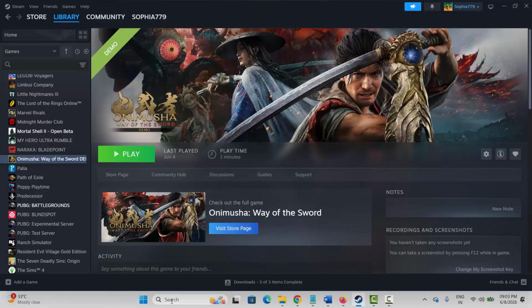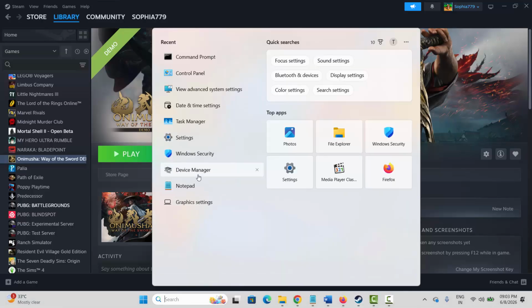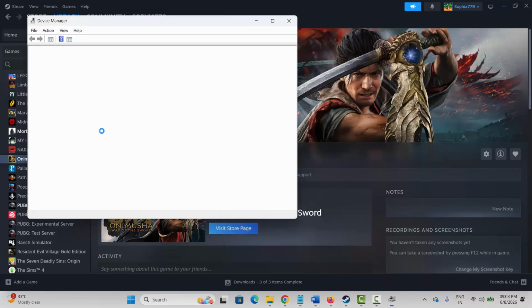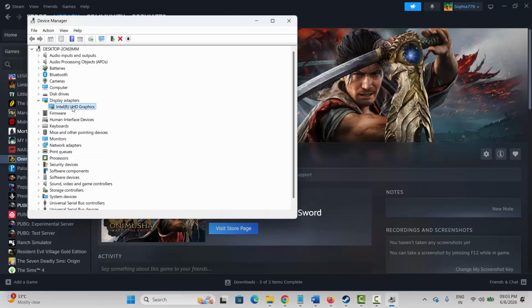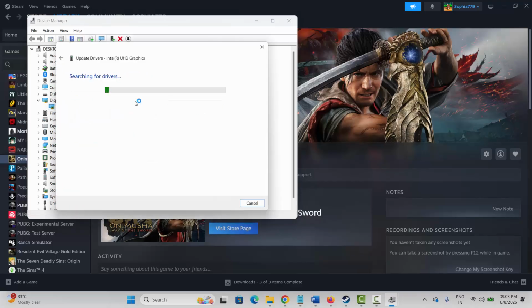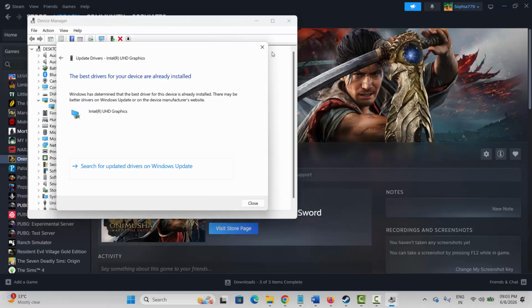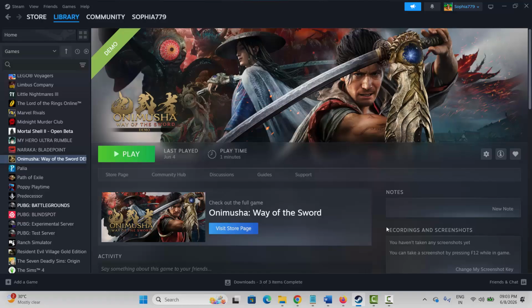Next is to update your graphics card. For that, go to the search option, search for device manager. Here you have to expand a display adapter, select your graphics card, right click on it, click on update driver and then click on search automatically for driver. So this will check and update your graphics cards. After that, launch the game and check. NVIDIA and AMD users, go through the link already provided in the description and you can easily update your graphics